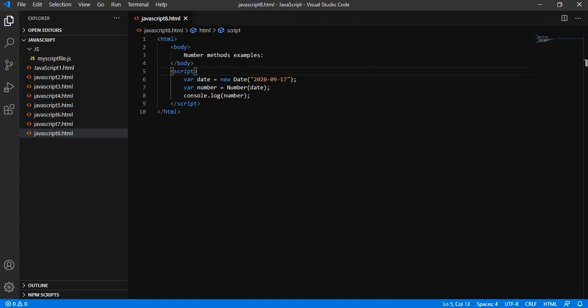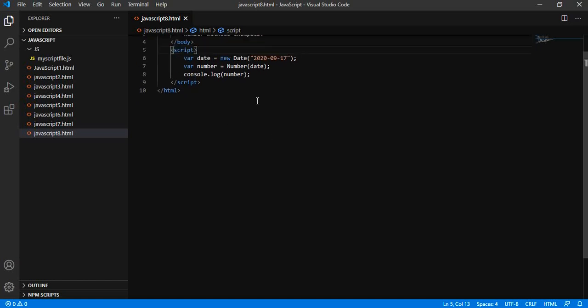It has returned the milliseconds since 1st of January 1970. Now, this is all about the Number method, and we have seen how we can convert a string, boolean and date to a number.